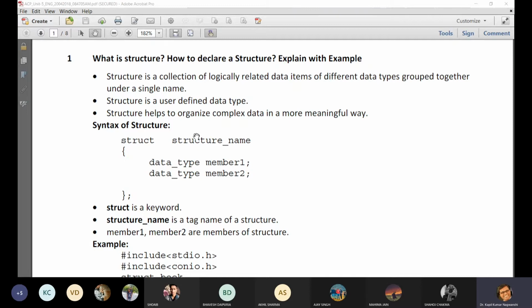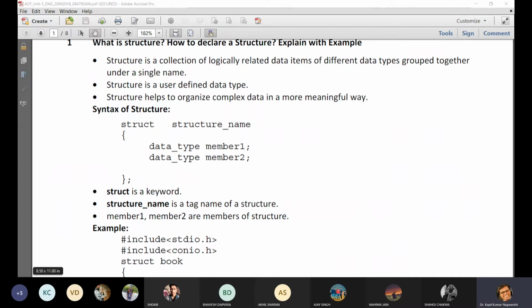Then the name of the structure, then data type and member one, data type and member two, and this is the syntax of a structure. Struct is the keyword to declare any structure. Struct name is a tag, like integer for integer. Member one and member two are the two members of that structure.